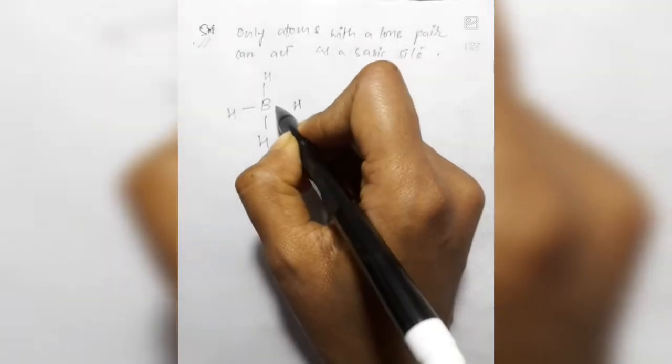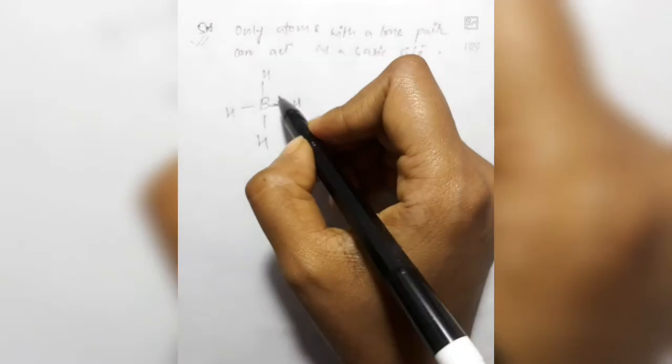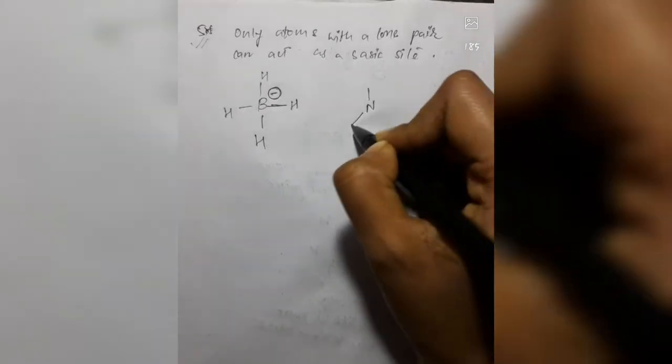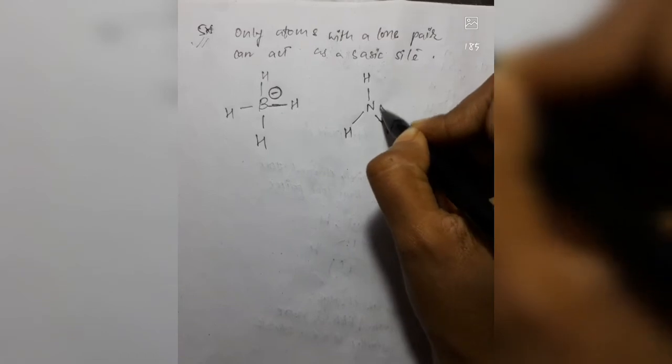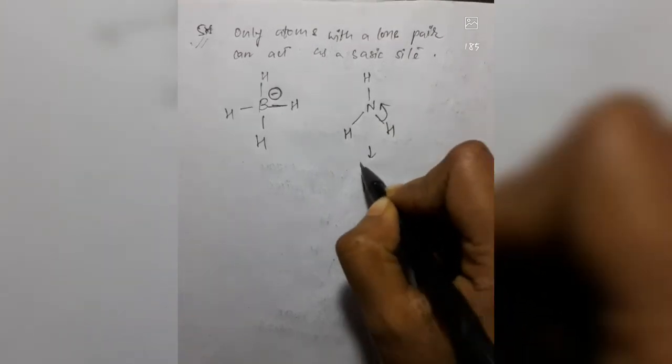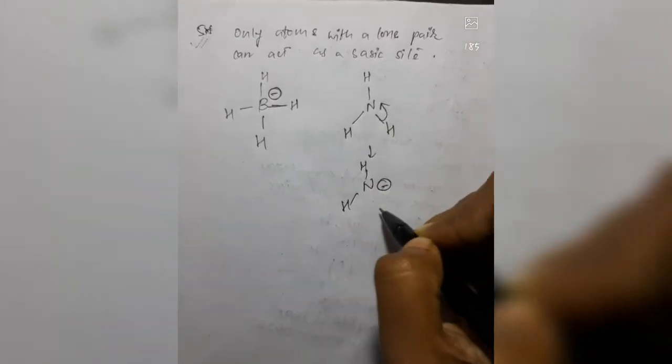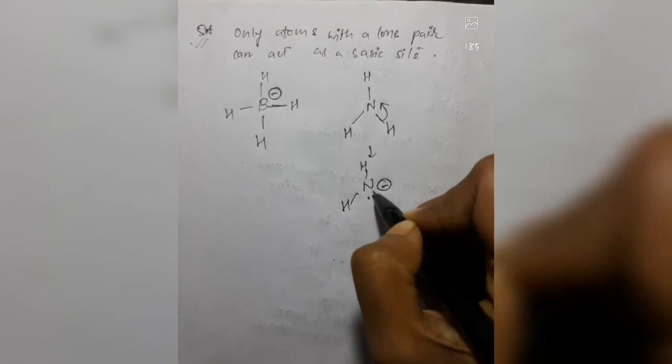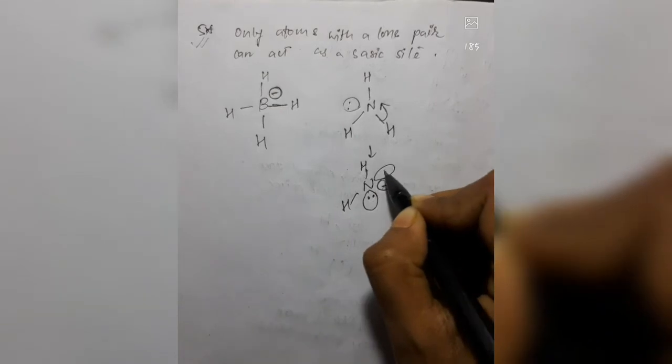So if we take H which donates electrons to this boron, what will happen? It will gain a negative charge. And also you know nitrogen here, N, is attached to 3 hydrogens. If you remove this proton, we will get NH and H with a negative charge here. Now you tell me, because in this case also there is one lone pair. Now the lone pair is there and there are now two lone pairs.